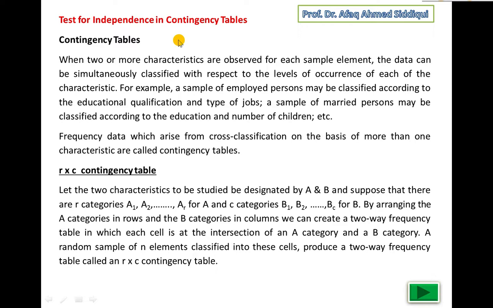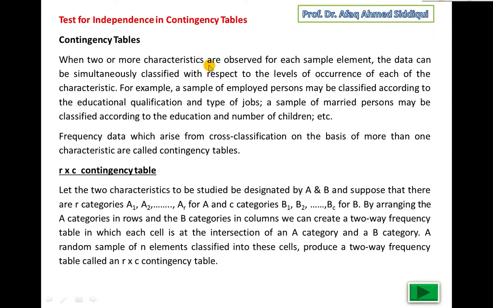You know that in a frequency distribution table we represent the collected data in the form of a table with the help of frequencies according to the groups or classification. In a contingency table we represent two or more characteristics of the collected data